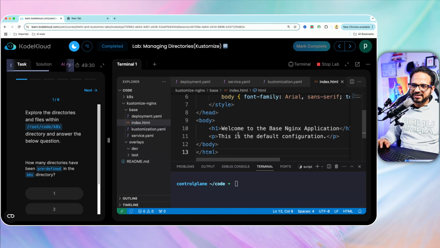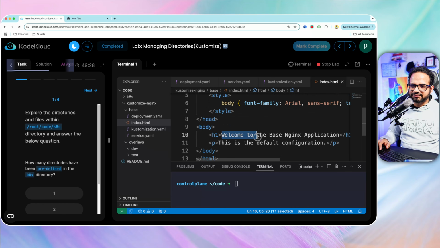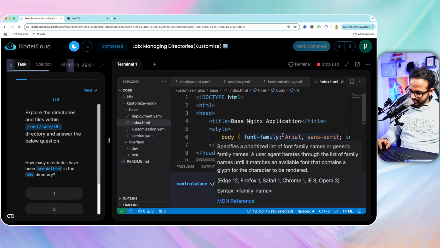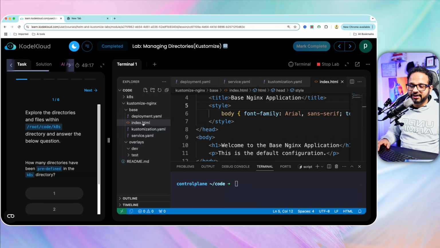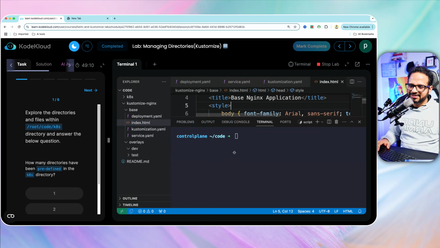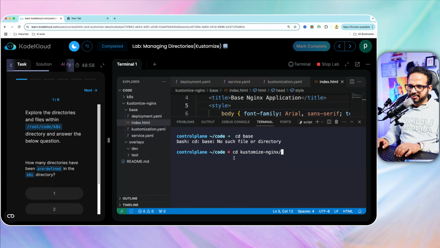So index.html will just print the heading, welcome to base nginx application. Okay, so let's save this. Now based on this file it will generate a config map. We'll test those things as well, but for now, let's just test this first. So let's go inside base, inside customize YAML, and then inside base let's run kubectl